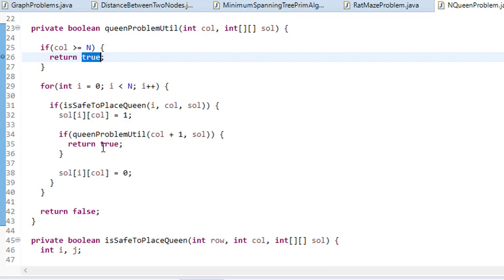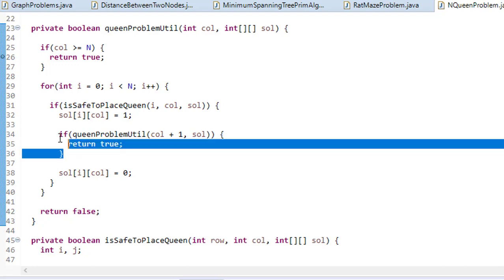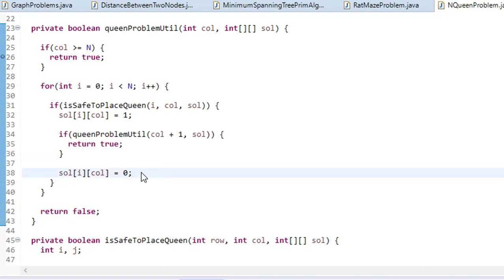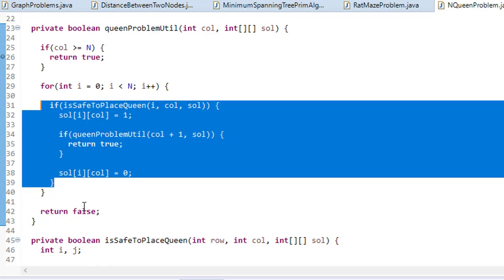Now let's say there is no solution for this particular column and it is not returning true, so in this case we need to backtrack. When we are doing backtrack, we set the value here again to 0, right? So for the same indexes, here we set the value 1, but because we didn't get the solution, we are again resetting the value to 0, right? And then after the resetting, if you are not getting the solution for this case, I check the next row.